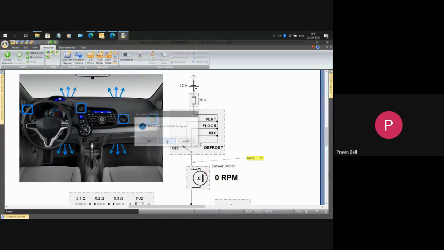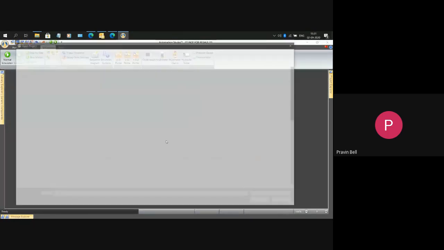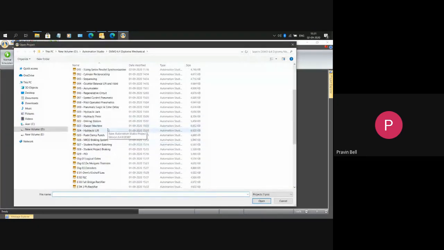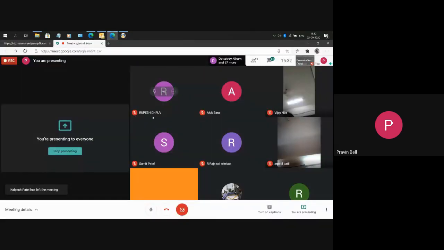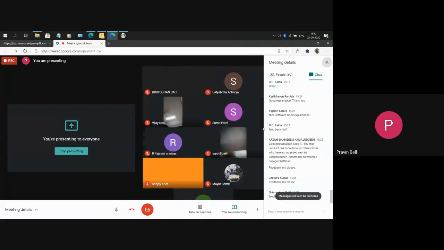So such types of practicals, I think I've tried to cover as much. There was more to show, but we have run out of time. Otherwise, in the PLC section, there's a huge list of experiments I wanted to show today. But I think I've covered everything. So we'll now shift to question and answers. We've also had a lot of student projects which students have done in Automation Studio. So any queries now? I'll answer those.